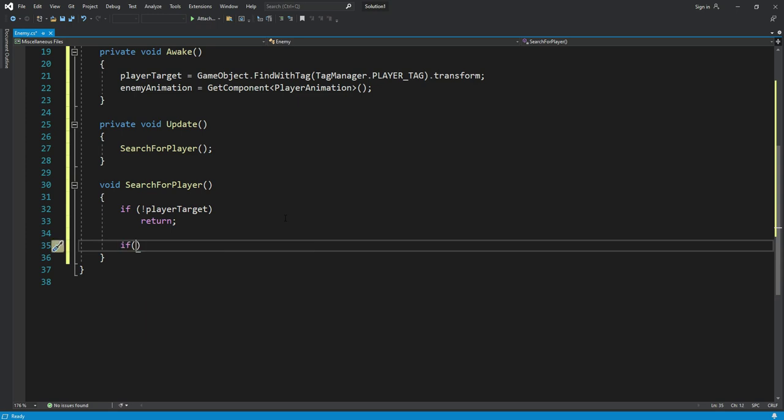So now right here we will say vector 3 dot distance, and the distance will be between the transform, so we will type transform dot position. So this is basically the position of the enemy, and the next one will be the player target dot position. And now if these two values are greater than the stopping distance, then what we will do,